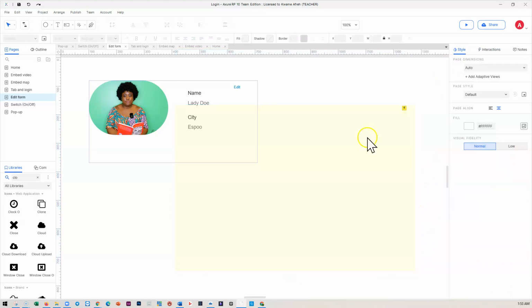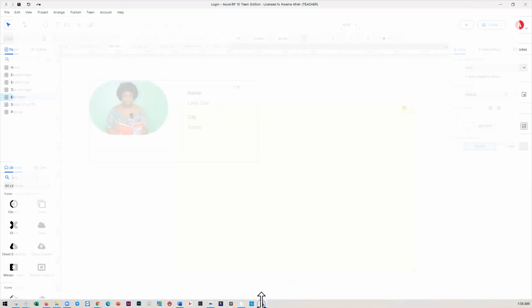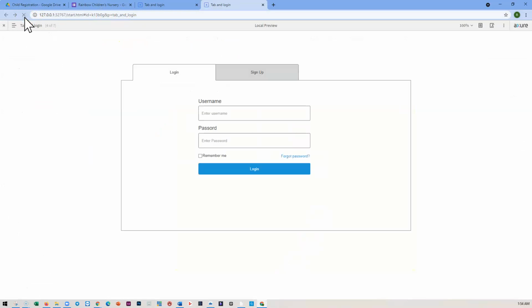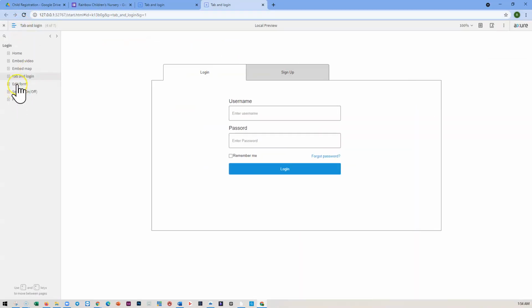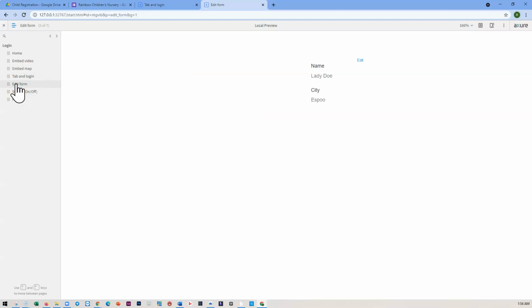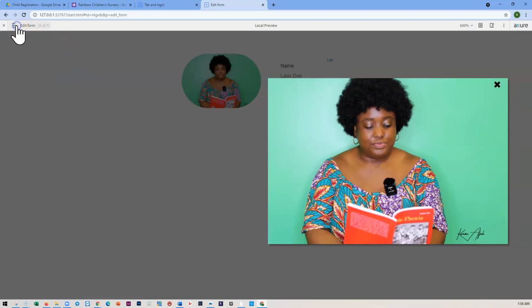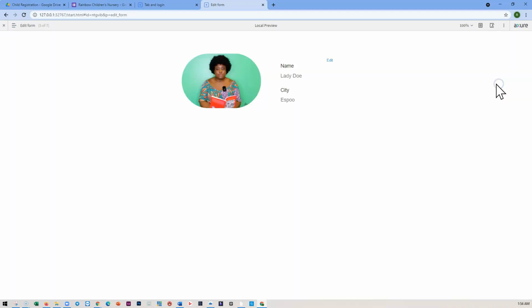so something like that. Good. So now if we try to preview this on our page, let's go to the edit form, and here if I click on this one, okay, so it's appearing like that, something like this, and then if I click on this, it goes. So that's how to create a pop-up,